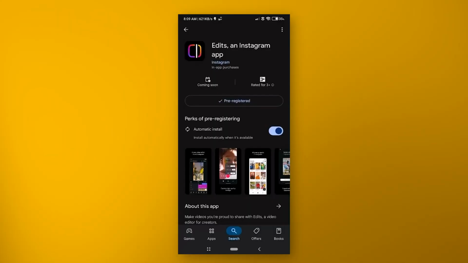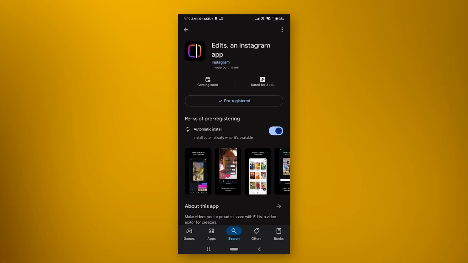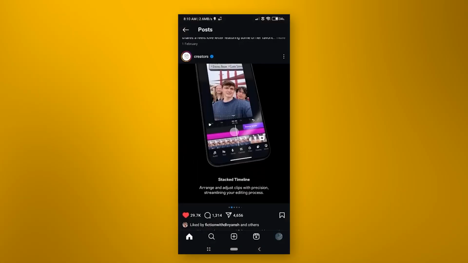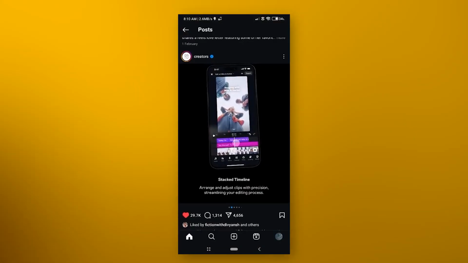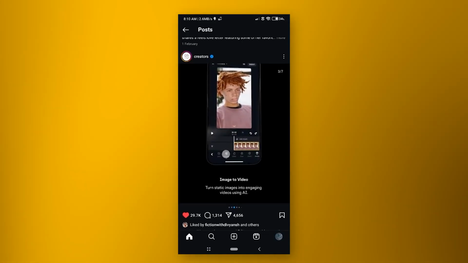So what is Instagram Edits? Instagram Edits is a dedicated creative suite designed specifically for mobile based creators. Unlike job applications, this app is for creators, editing and sharing short form videos directly on your phone. While it is directly integrated with Instagram, it is also designed to work with other platforms like TikTok and even